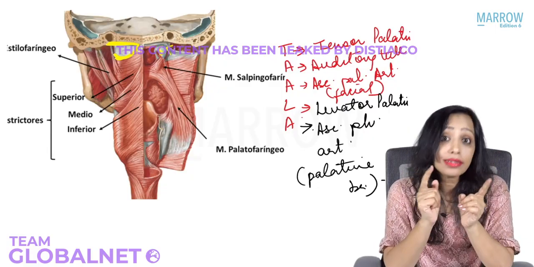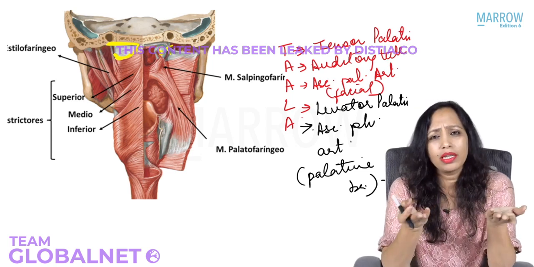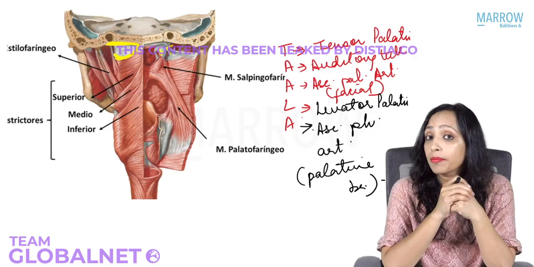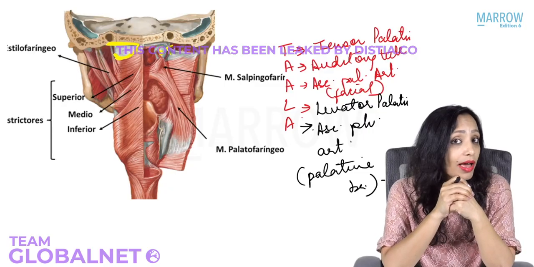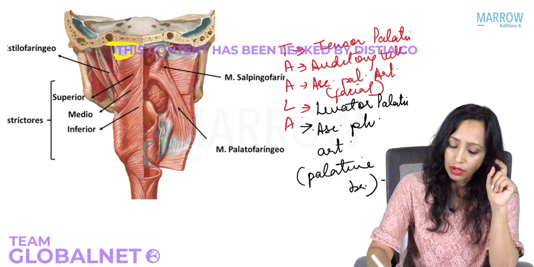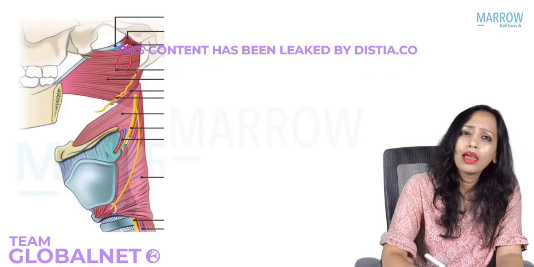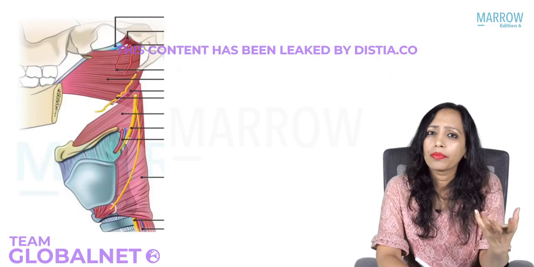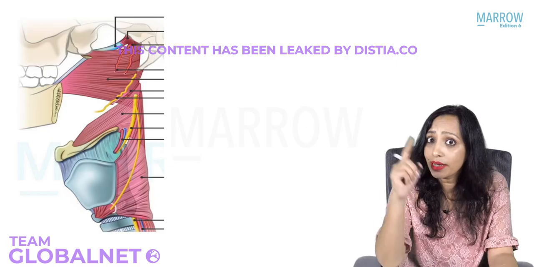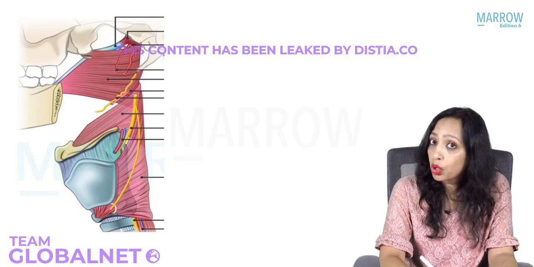And let us now see what are the nerves that enter the pharynx. Why will the nerves enter the pharynx? To supply it. So what are the nerves that supply the pharynx? Yes, we have the 9th and the 10th nerve. Okay, so here we have the 9th and the 10th nerve, they exit the cranium from where? Yes, from the jugular foramen, the 9th, 10th, 11th. Jugular foramen is, yes, somewhere in the floor of the petrous bone.